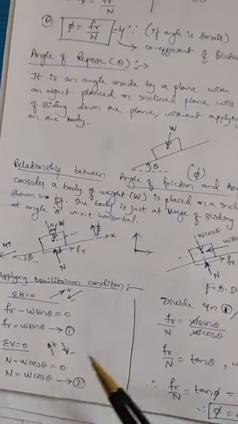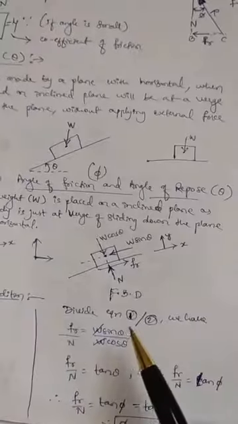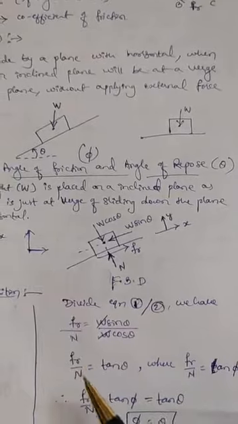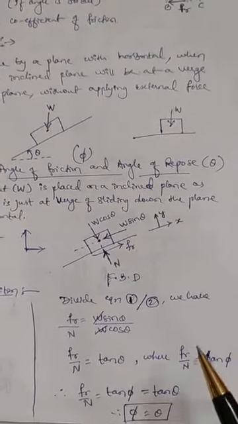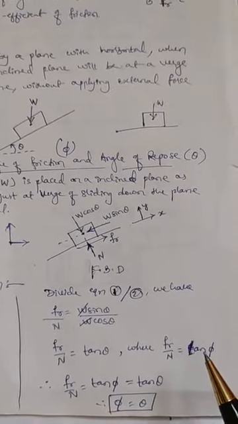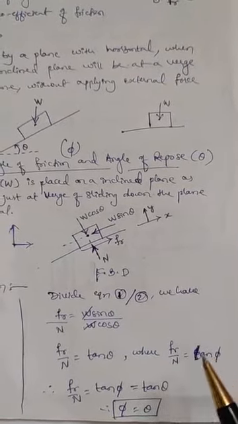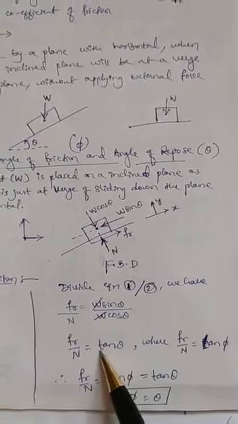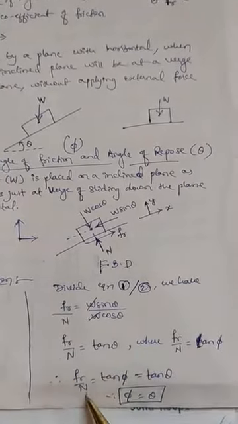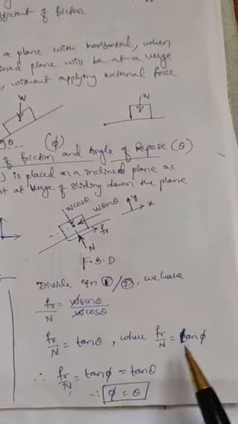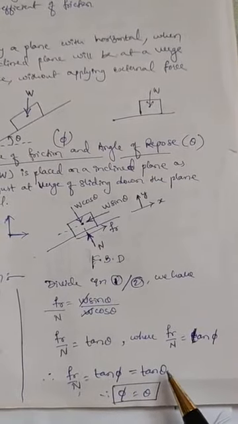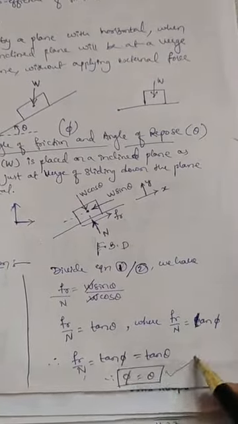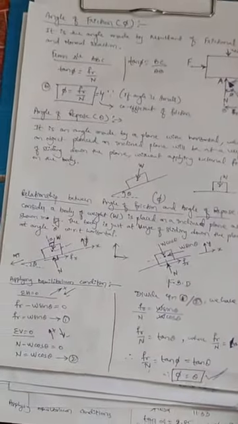Now divide equation 1 by equation 2, because equation 1 is sine and equation 2 is cos. So I have divided equation 1 by 2. We have FR by N is equal to W sin theta by W cos theta. W gets cancelled, we will get FR by N, which is tan theta. We know that FR by N is tan of phi, where phi is the angle of friction. So FR by N is tan phi, which is equal to tan theta. In place of FR by N, I have written tan phi, angle of friction. So tan phi is equal to tan theta. Therefore, if the angle is small, we can write phi is equal to theta. This is the proof. And remember, this has been asked two to three times for 6 marks in the examination.